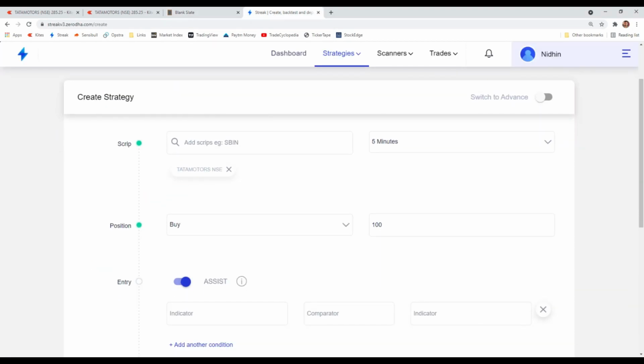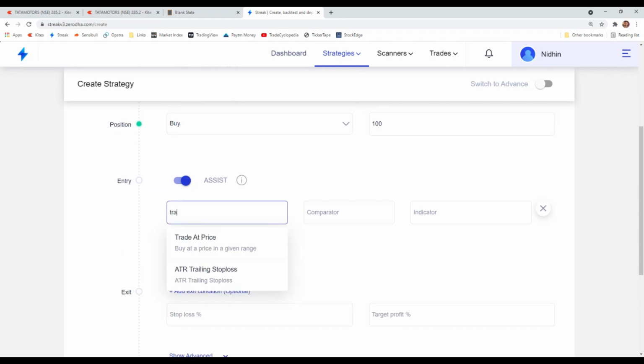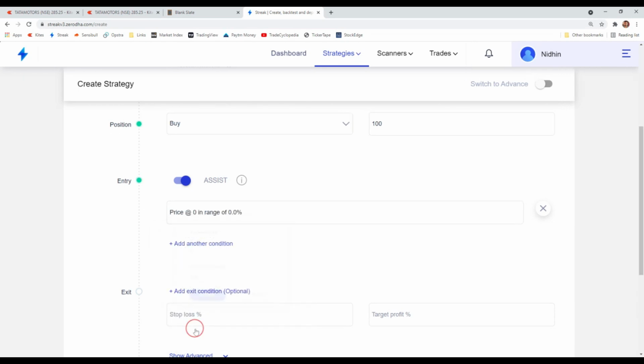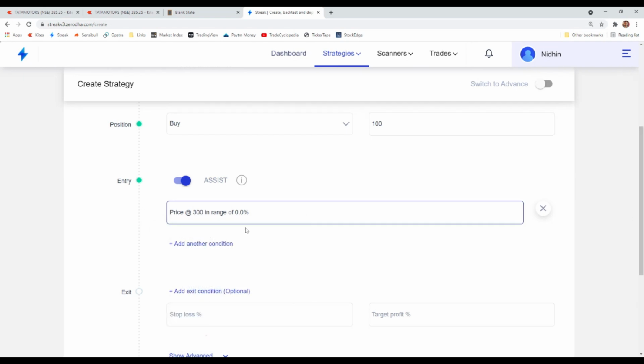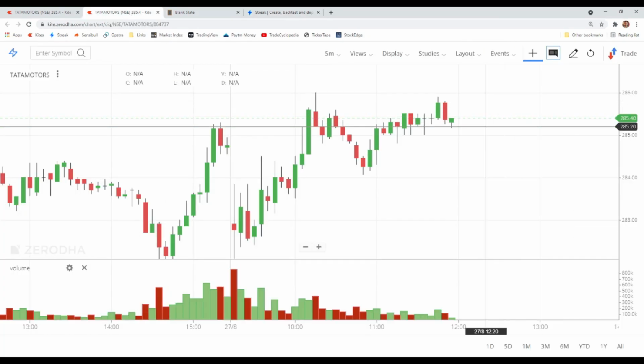And so this is the 100 quantities, and I'm putting trade at price, buy at a price in a given range. The range percentage by default comes as 0.5, but I'm changing that to 0, and I'll tell you what that means. And this price I selected as 300. So what it means is, when the last traded price of Tata Motors, now it's trading at 285,